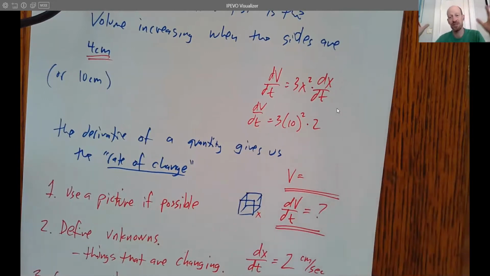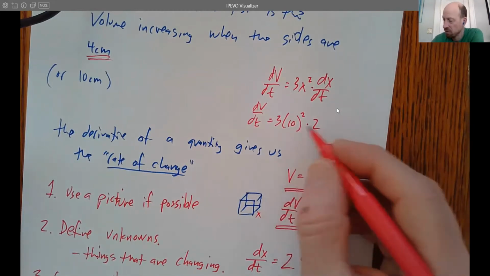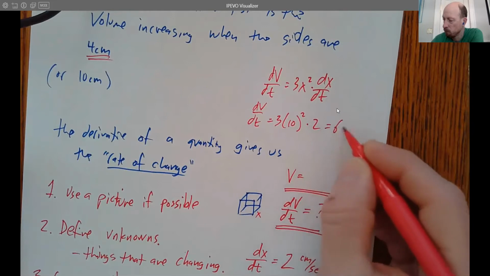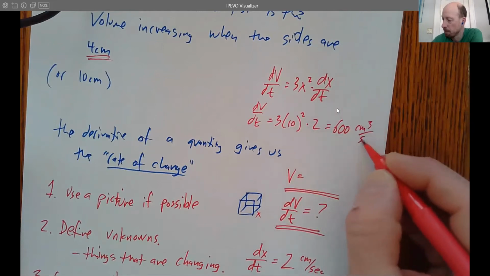So when the cube is 10 centimeters, the volume is changing at a faster rate, right? It's no longer 96. It's now, what, 600? Yeah. A lot faster,